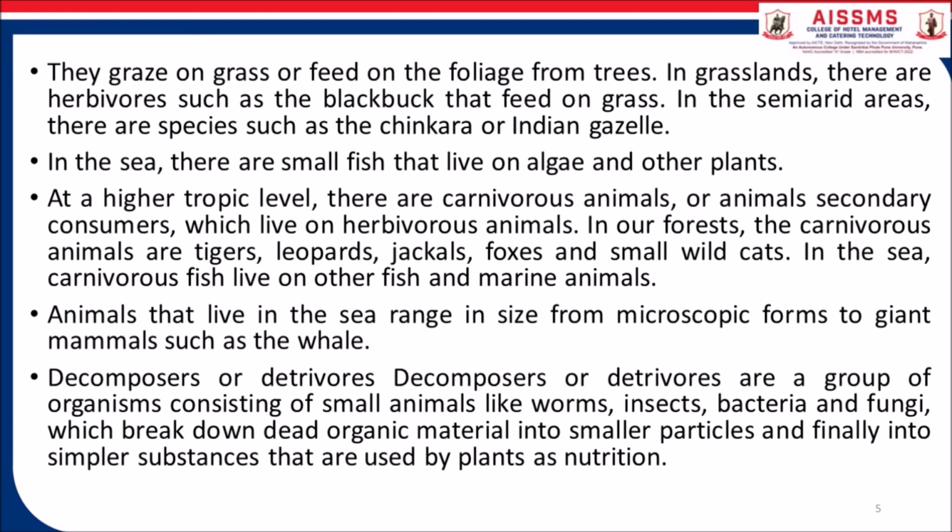At a higher trophic level, there are carnivorous animals or secondary consumers, which live on herbivorous animals. In our forest, the carnivorous animals are tiger, leopard, jackal, fox and small wild cats. In the sea, carnivorous fish live on other fish and marine animals. Animals that live in the sea range in size from microscopic forms to giant mammals such as the whale. Decomposers are